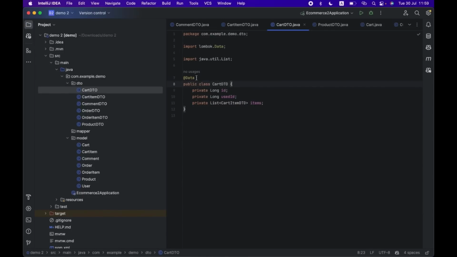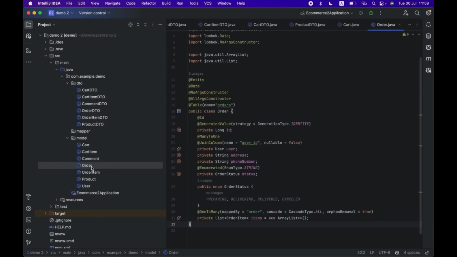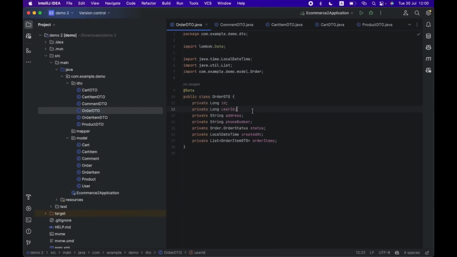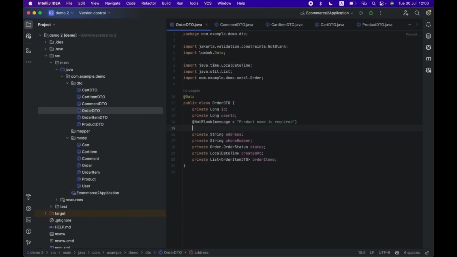Here we have our card DTO. We need to check all this. I'm processing it. Sorry, I need to check this again. So yeah, here address must be required because we need a place to deliver. The same thing for phone number for communicating, and